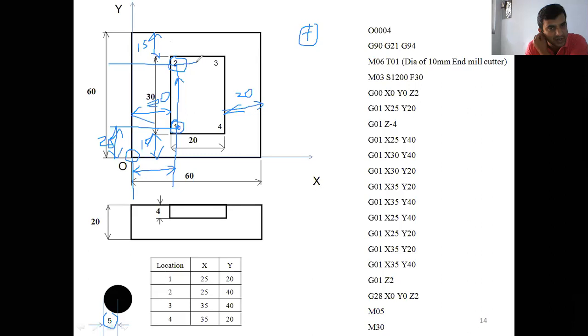After this, how do you move the cutter? Move the cutter from this to here. Okay, I'll move the cutter from this point, which I'll call 2 dash. Now move the cutter from 2 dash to